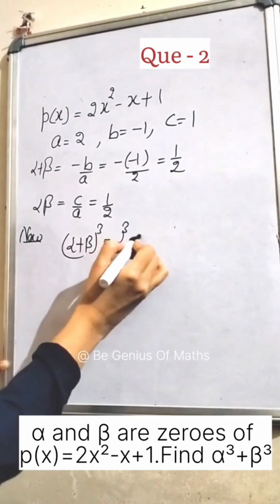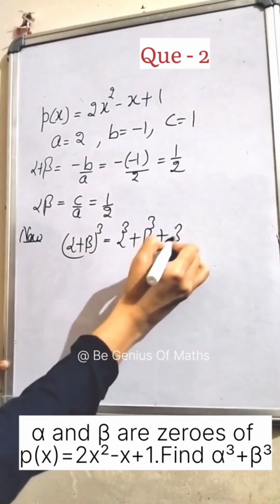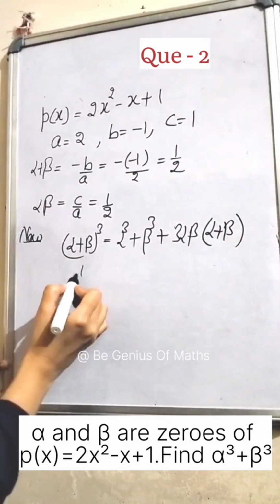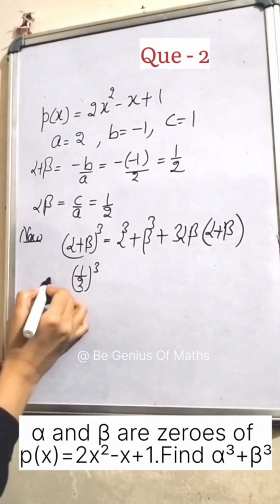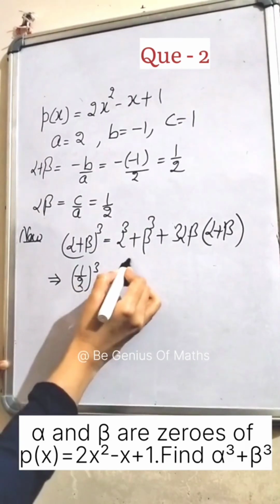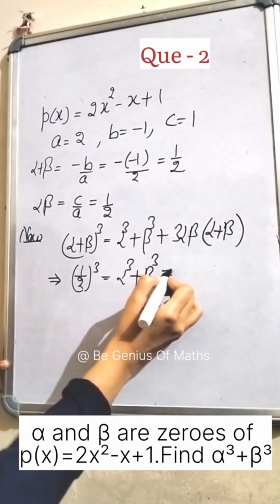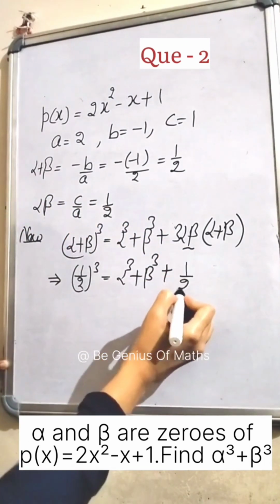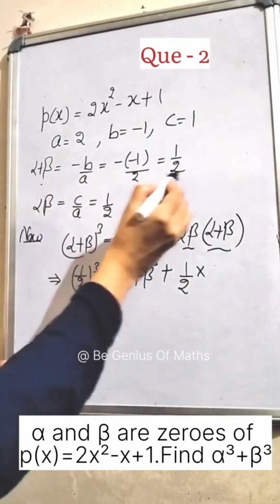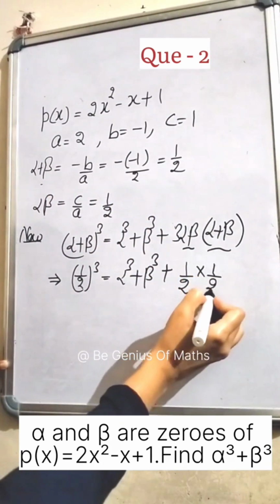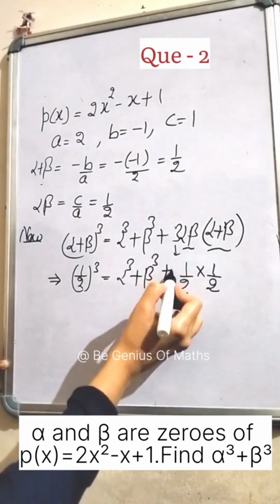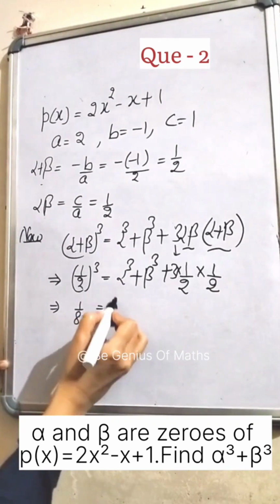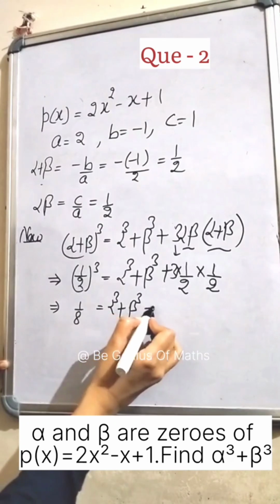Now alpha plus beta cube is equal to alpha cube plus beta cube plus 3 alpha beta into alpha plus beta. Put the values of alpha plus beta: 1 by 2 whole cube is equal to alpha cube plus beta cube plus 3, alpha into beta is 1 by 2 and alpha plus beta is again 1 by 2. Now it becomes 1 by 8 equal to alpha cube plus beta cube plus 3 by 4,